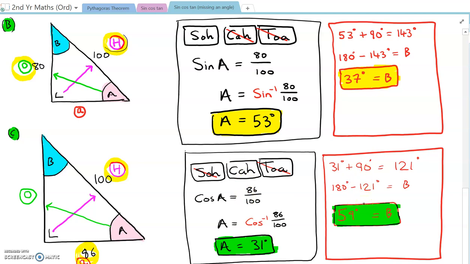Now if you want, pause it and go through it yourself. Take it down into your copy if you didn't get it right. See where you went wrong and see if you can figure out how you could do better in the next questions. Okay, I hope that video helped you out with sine, cos, tan, missing